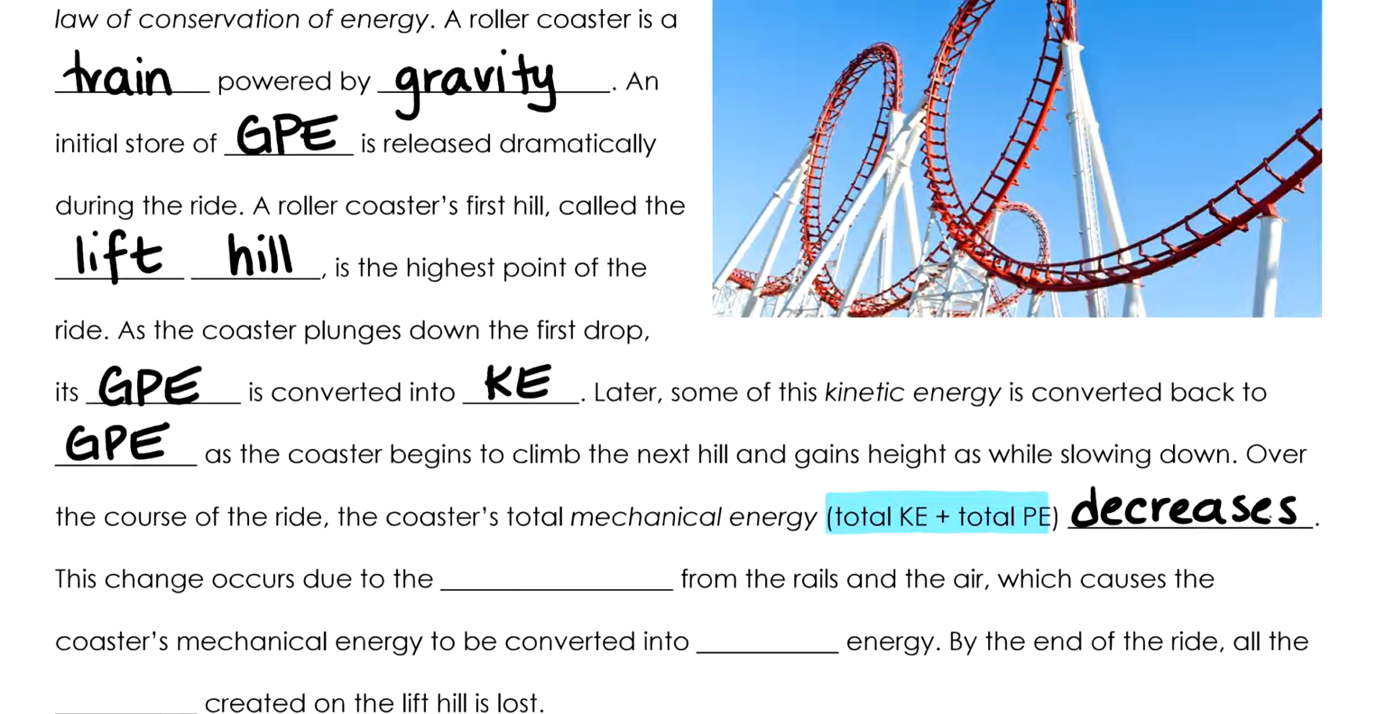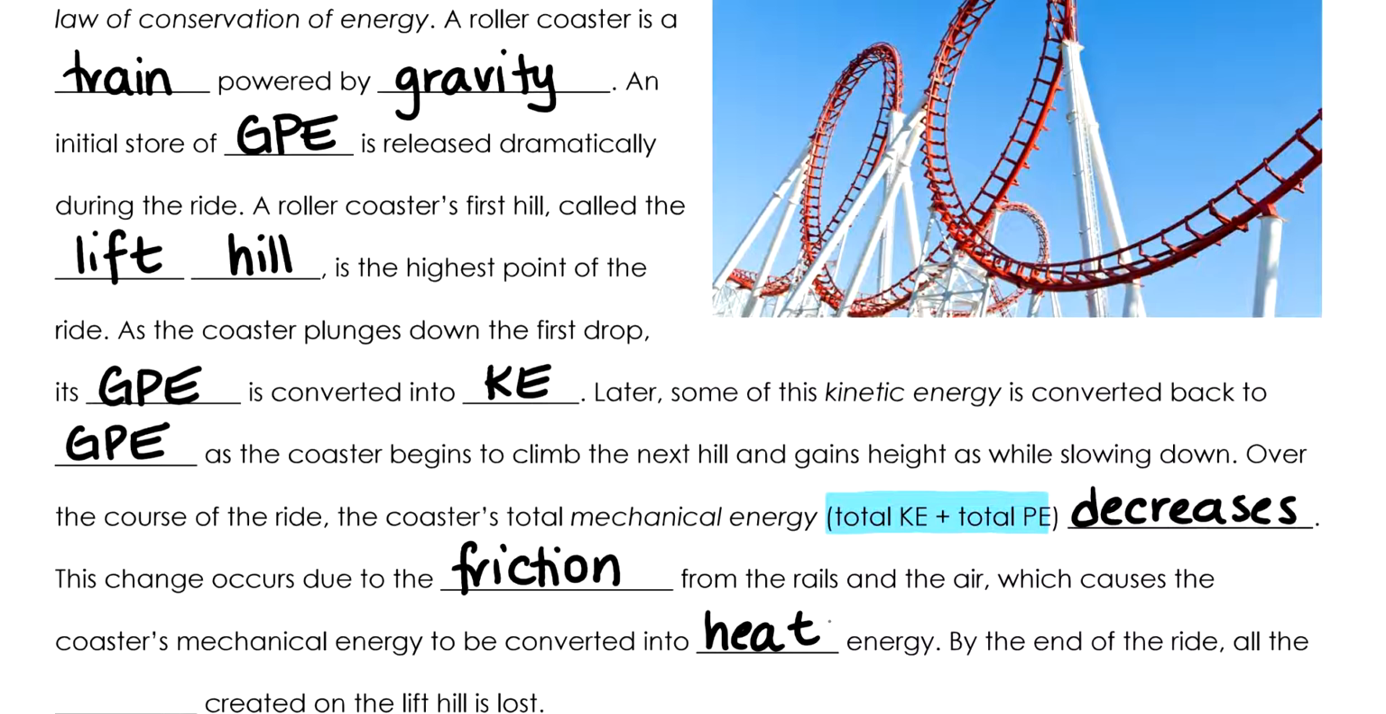So how is it possible that the roller coaster's total mechanical energy is decreasing from the minute it leaves the lift hill until the end of the track? This is because of the friction between the roller coaster and the track, and the roller coaster and the air, which is called drag or air resistance. All of this friction causes a whole bunch of the roller coaster's energy to be converted into heat energy or